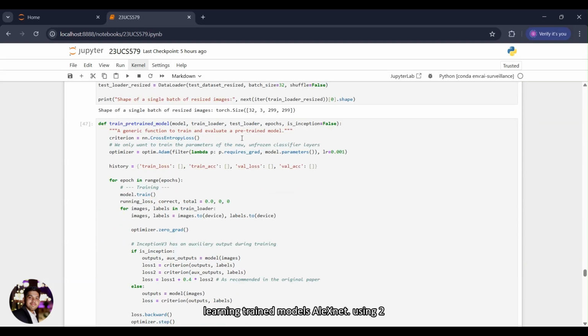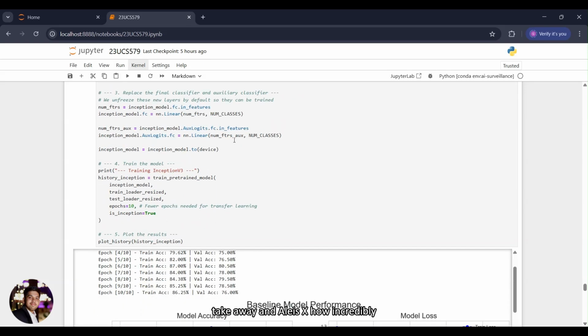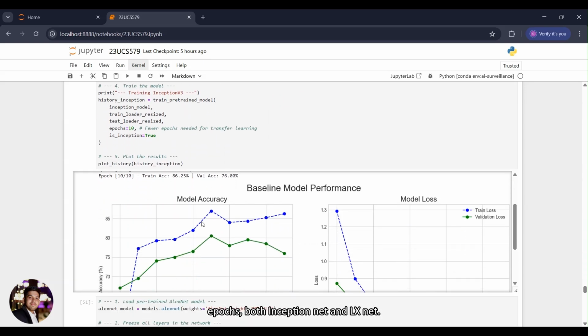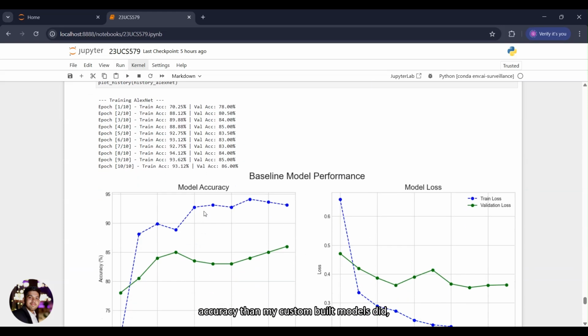Finally, I applied transfer learning using two pre-trained models, Inception V3 and AlexNet. This final graph summarizes the entire project. The key takeaway is how incredibly effective transfer learning is. In just 10 epochs, both InceptionNet and AlexNet achieved a much higher validation accuracy than my custom built models did